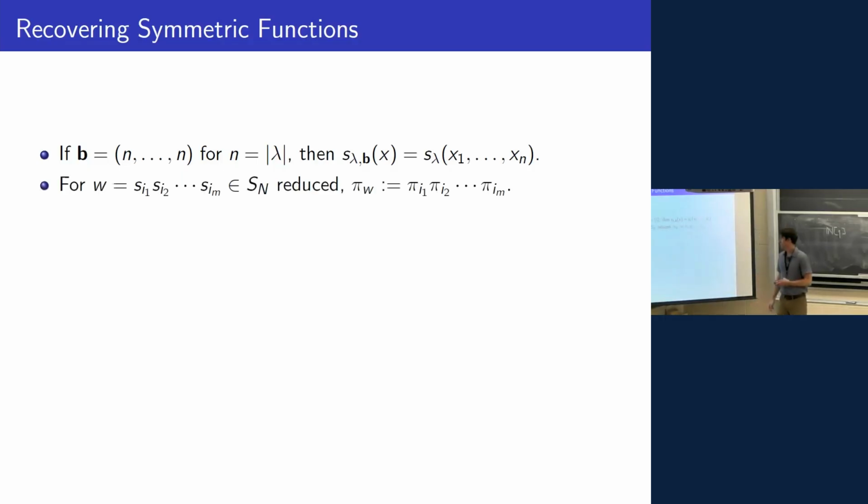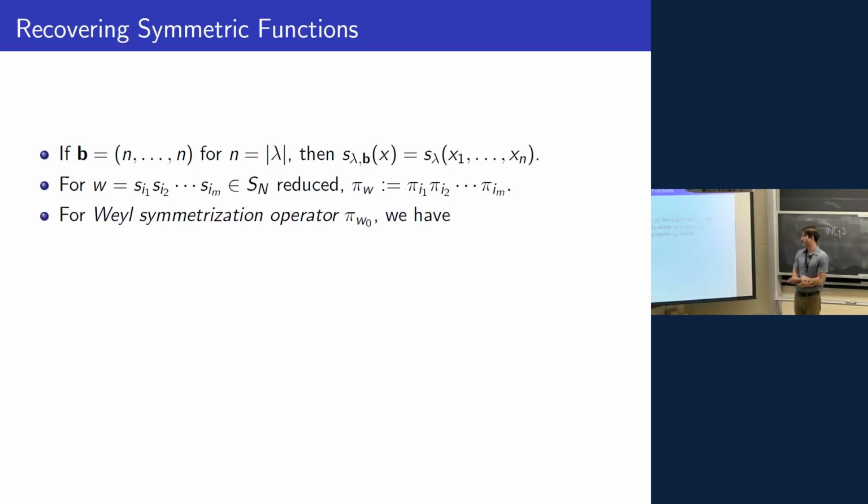But a more non-trivial way to relate things is by applying a certain sequence of Demazure operators. So for any reduced word in the symmetric group, I can construct a pi_w, which is just a product of these Demazure operators associated to that reduced word. And you can show that this is well defined. And then I want to define, so if I take w_0, which is the longest permutation in S_n, then pi_{w_0} is special, and we'll call it the